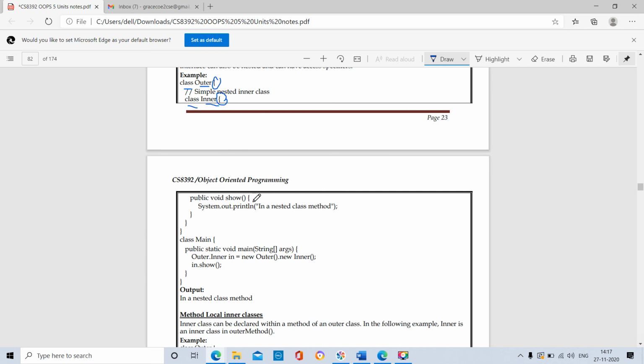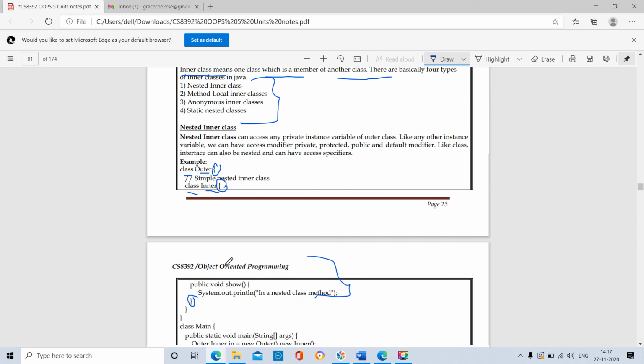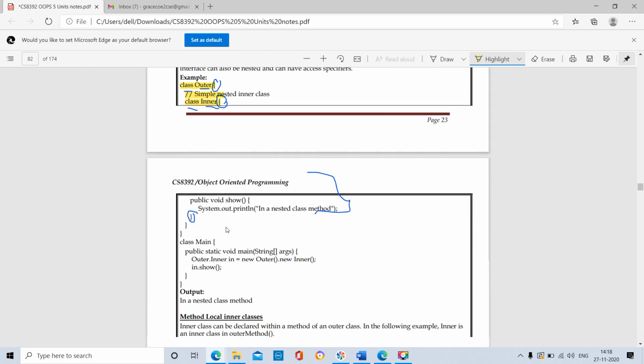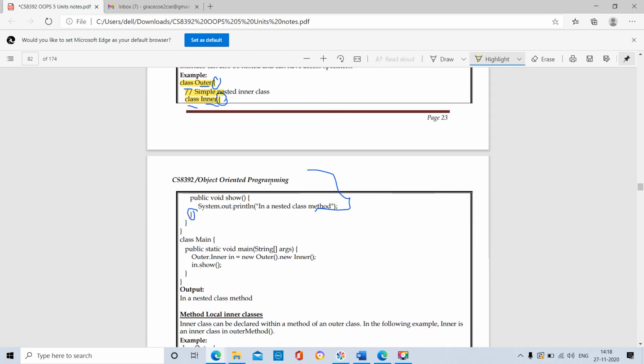In the opening and closing curly braces we have the body of the inner class. Next we close the class.